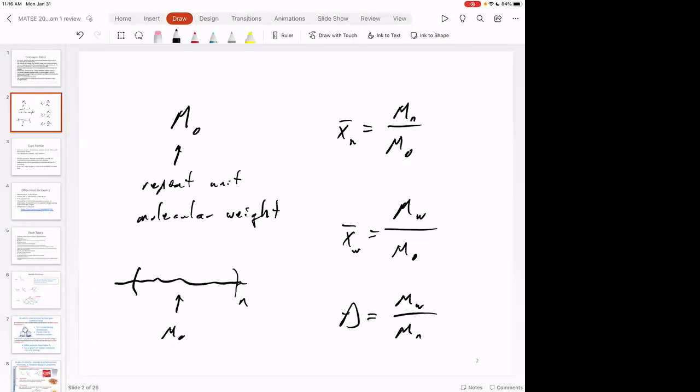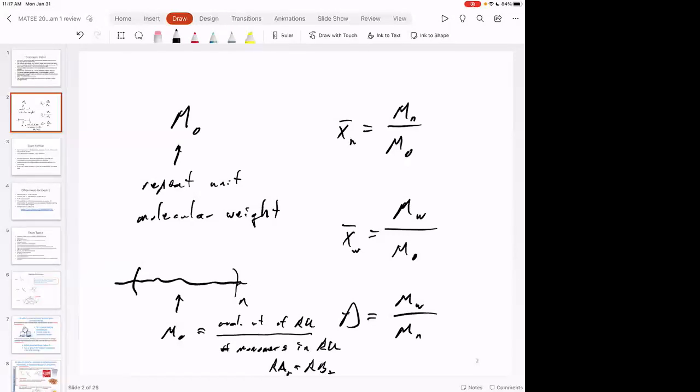What is the caveat for M0? What's the hard thing about figuring that out? That's right. So for addition polymerization, this is really easy. For ARB polymerization, this is really easy because you have one monomer in the repeat unit. But M0 equals molecular weight of repeat unit divided by number of monomers in repeat unit. And for step growth polymerization, like RA2 plus